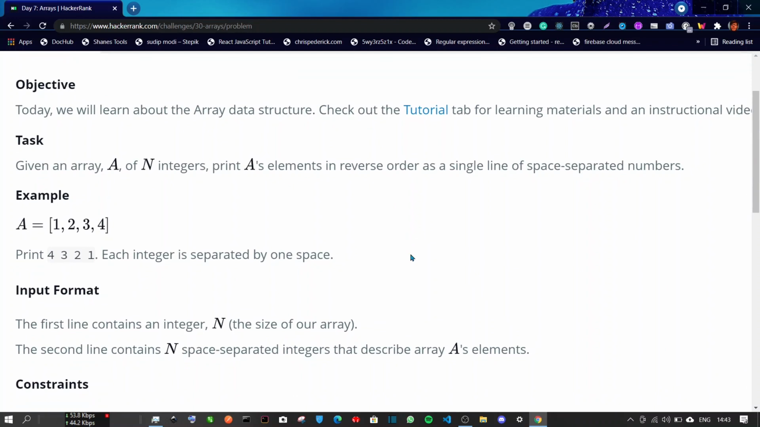So array is one type of data structure that is often used in programming. We are going to use that data structure to solve today's problem. Given an array A, the name of this array is A, of n integers, print A's elements in reverse order as a single line of space separated numbers. So we have n integers inside an array and we have to print all those integers in the reverse order